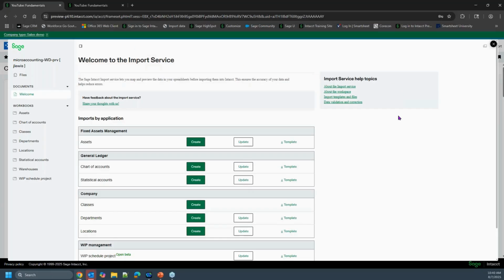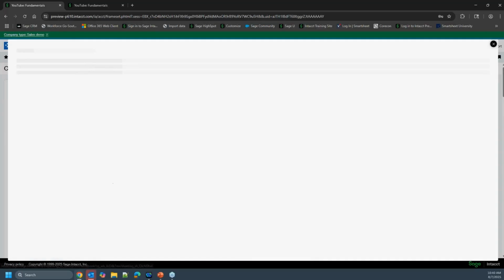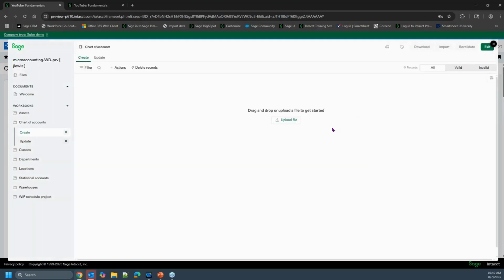There's all kinds of help topics over here that will help guide you, but you can see the different areas that they're building, and they're always building onto this list. Not every component is available within the import service tool, so you can see where you can. Basically, you can create a template and go through this process. It takes a hot minute, so I'm not going to go through all of it. We're going to have a webinar on this, but just know that they're opening more features, okay?